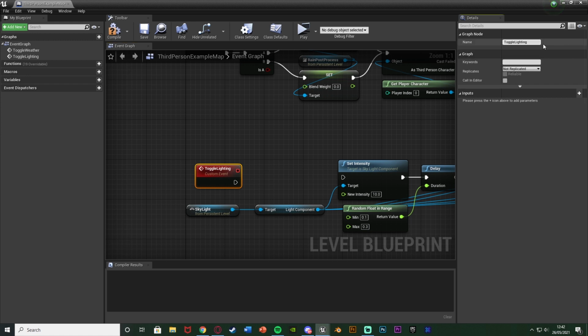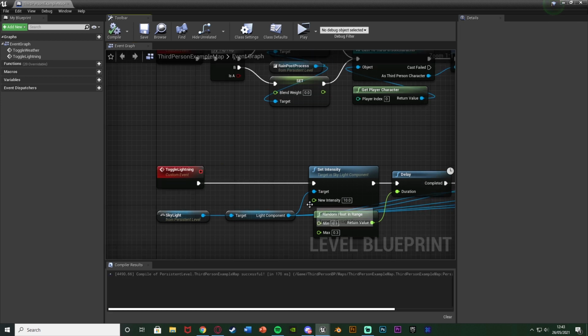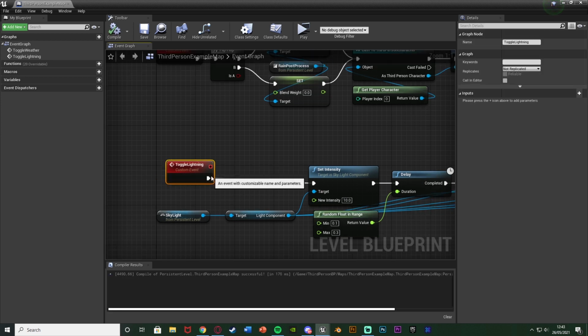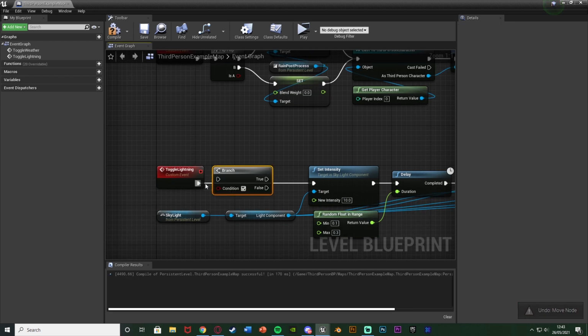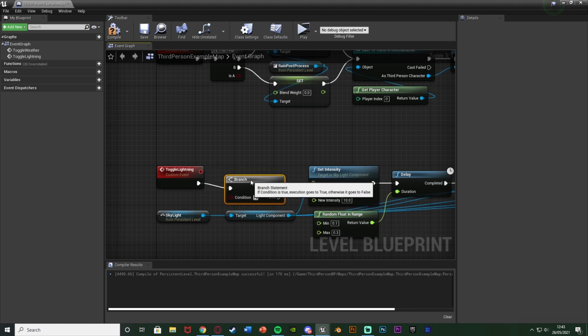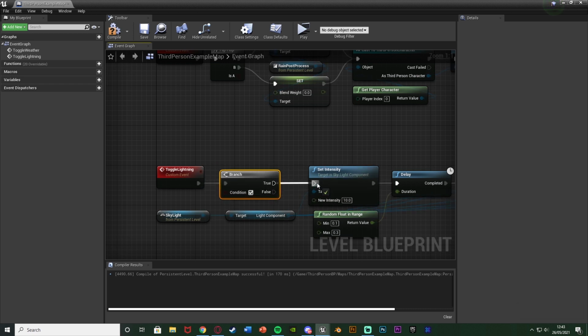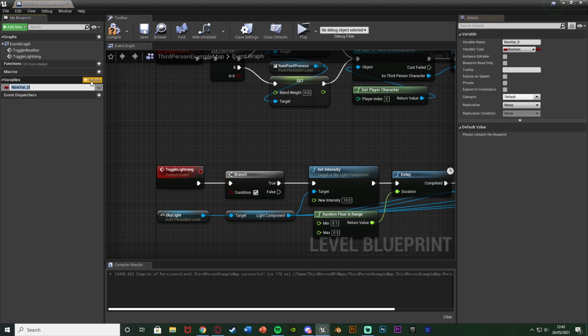That's meant to be lightning, not lighting, like so, connecting that in there like that. And then after the toggle lightning custom event, I'm going to hold down B and left click to get a branch, connecting that in there and connecting true into the set intensity. And the condition of this branch wants to be a new variable we're going to create called